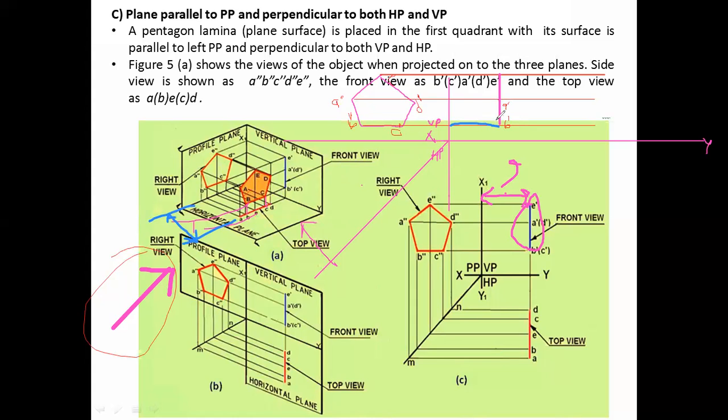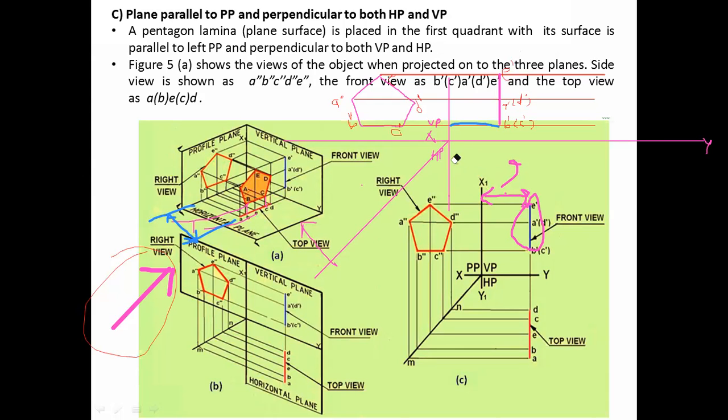Then C. C is again on this plane only, but C is behind B, isn't it? So that's why we will write that in bracket. C dash in bracket. Then D dash again in bracket here, behind A, and then top E dash. So this front view portion is clear.